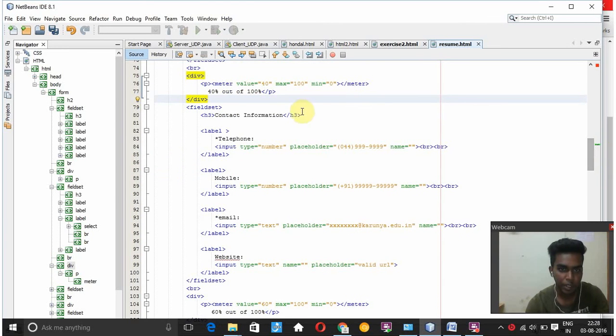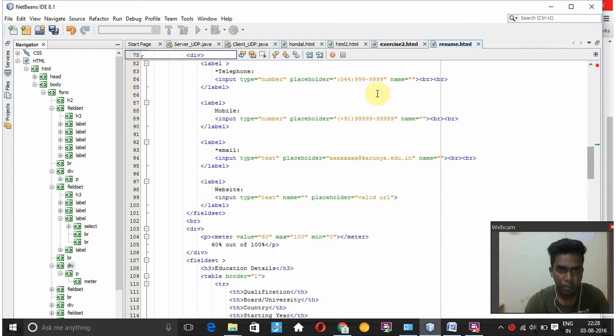And next we have the contact information, which is again inside a fieldset. And here we have the telephone, mobile, email, website. And for the input type, here it is number, in which we can only enter the number.